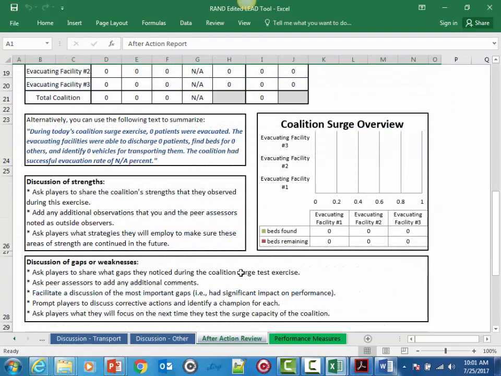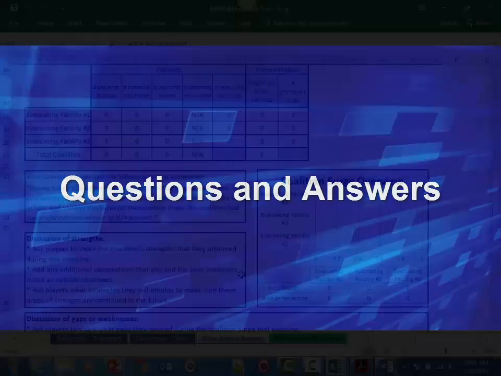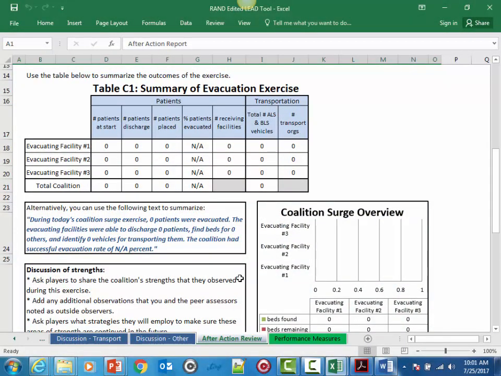Any questions here on the after action review tab? Yes, sir. Just earlier, when you talked about confirming that the hospital can take your patient, I either read or maybe it was on one of the webinars, but they want a phone call or an email to